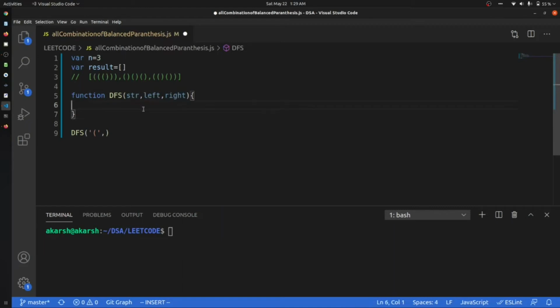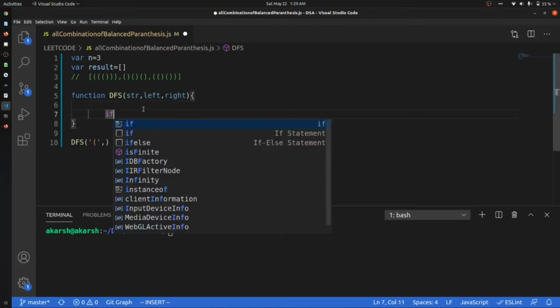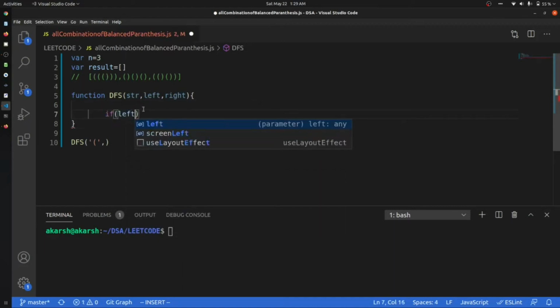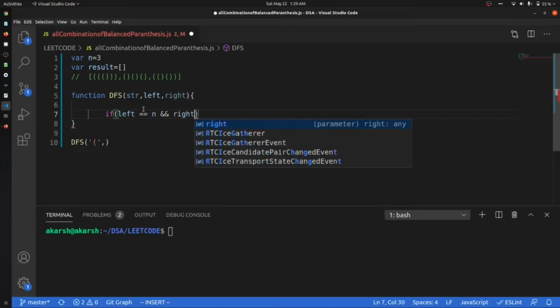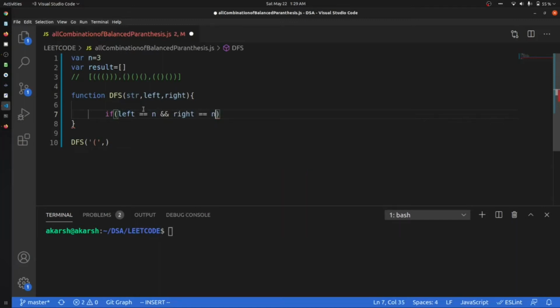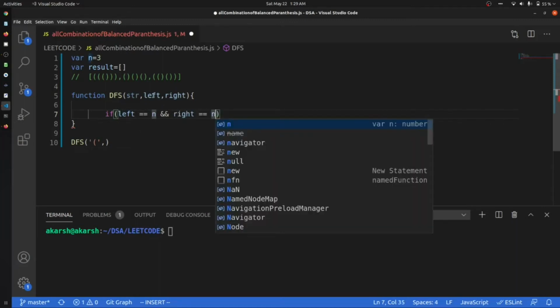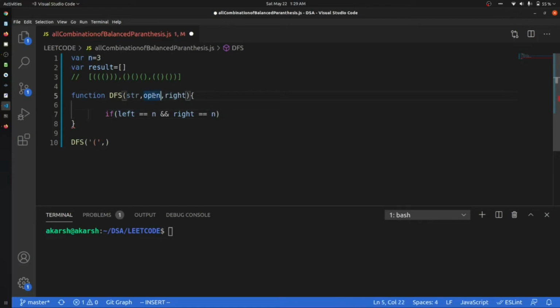So we'll check if left is double equal to n and right is double equal to n. Let me say it something like this: open for the opening tag and close for the closing tag.